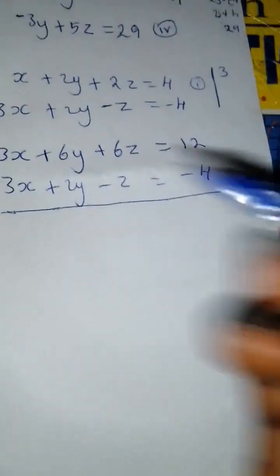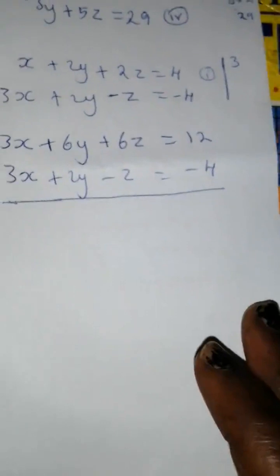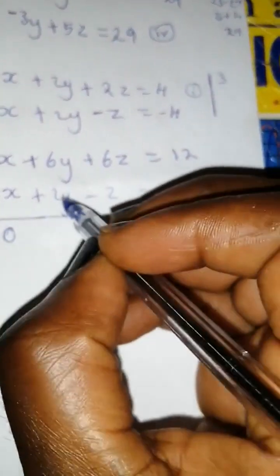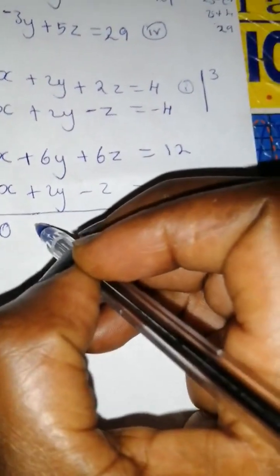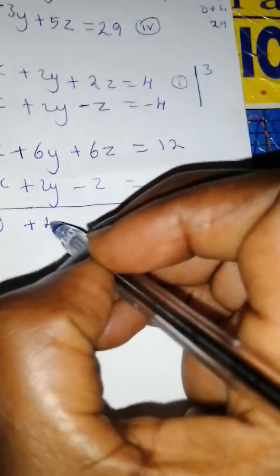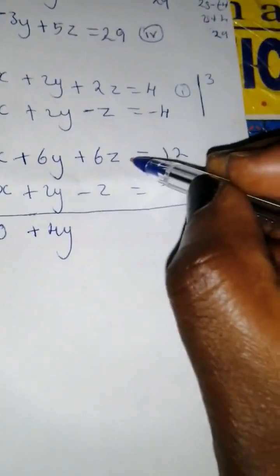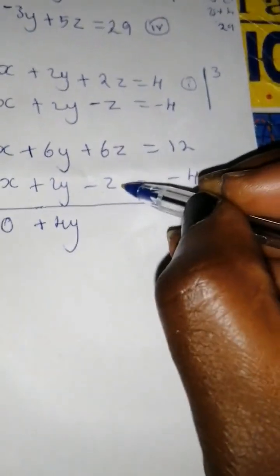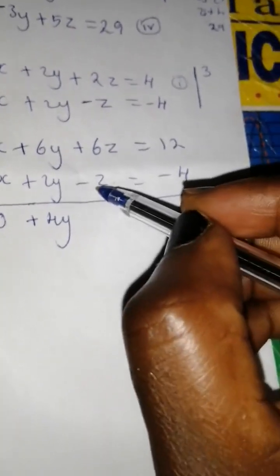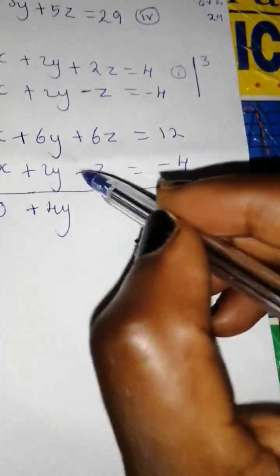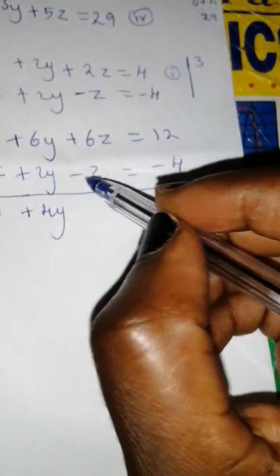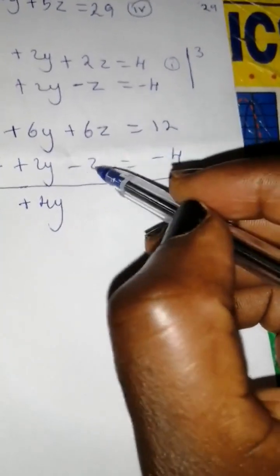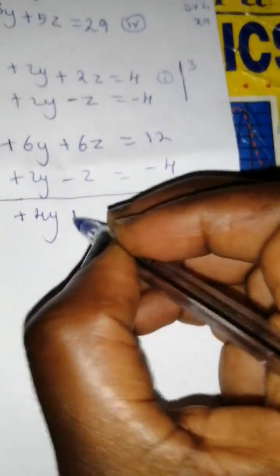Since they're both positive, I use minus. So that 3x minus 3x gives me a 0. Then 6 minus 2 will give me a positive 4y. 6z minus z. So the coefficient here is 1. It's like 6 minus 1. Minus times minus will give me plus. So it will be 6 plus 1, giving me 6